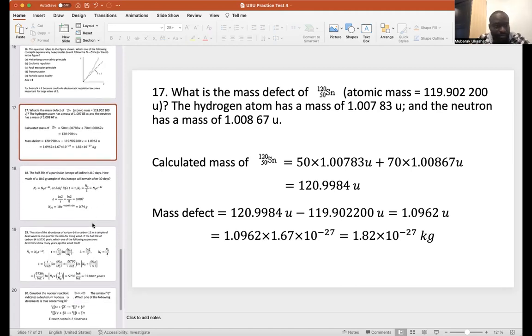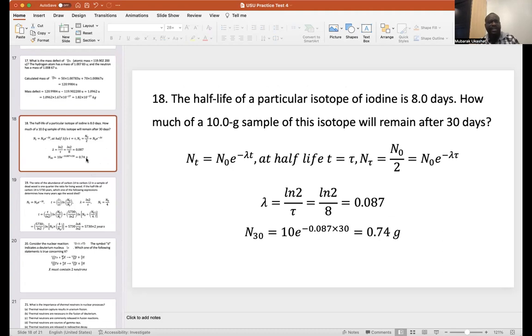Okay. The next one says the half-life of a particular isotope of iodine is 8 days. How much of a 10-gram sample of this isotope will remain after 30 days? So we are given the half-life. This is the decay and disintegration constant, lambda here, the time. For half-life, when we put T to be tau, NT goes to N over 2. So when you calculate this, you get lambda to be ln 2 over the half-life when N cancels N,